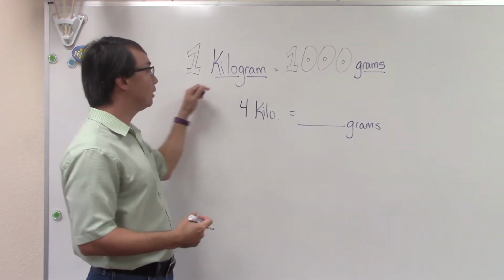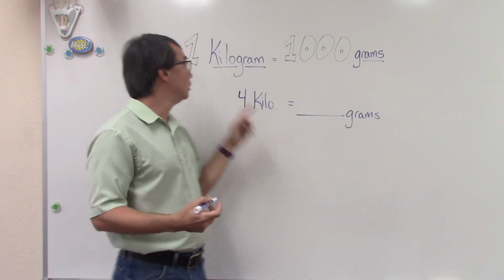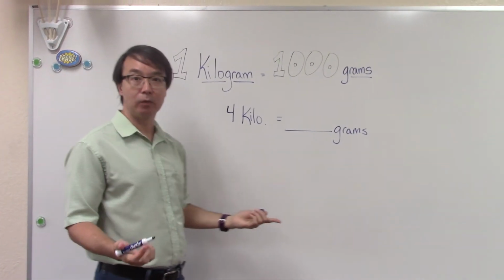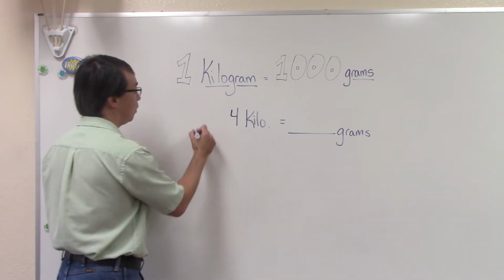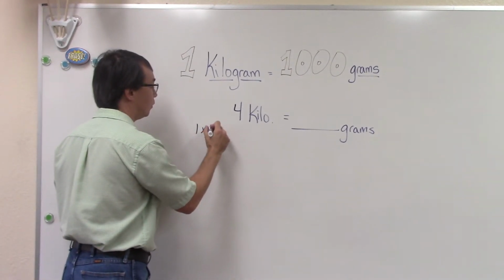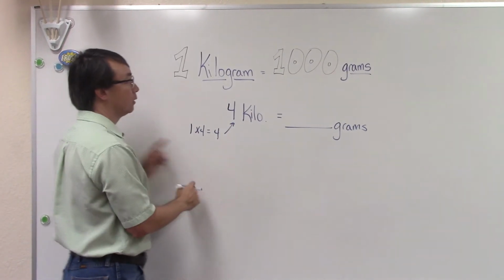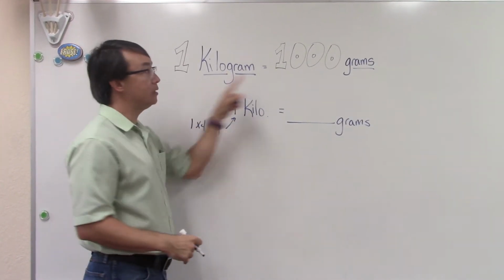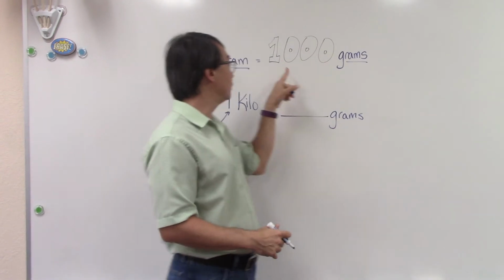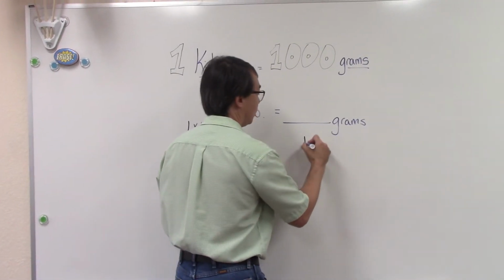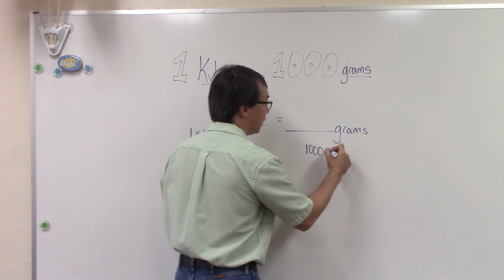Well, we know that 1 kilogram is 1,000, so the way to get from 1 to 4 is multiply it times 4, right? 1 times 4 equals 4. Well, whatever you do to this side, you have to do to this side. So if this one's 1,000 grams, you would do the same thing: 1,000 times 4